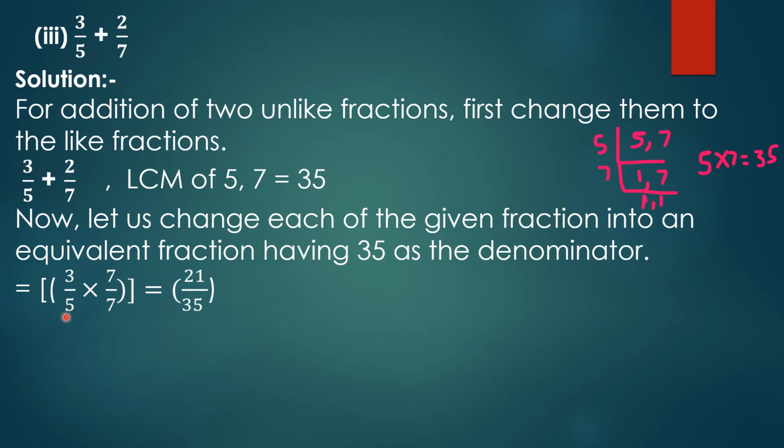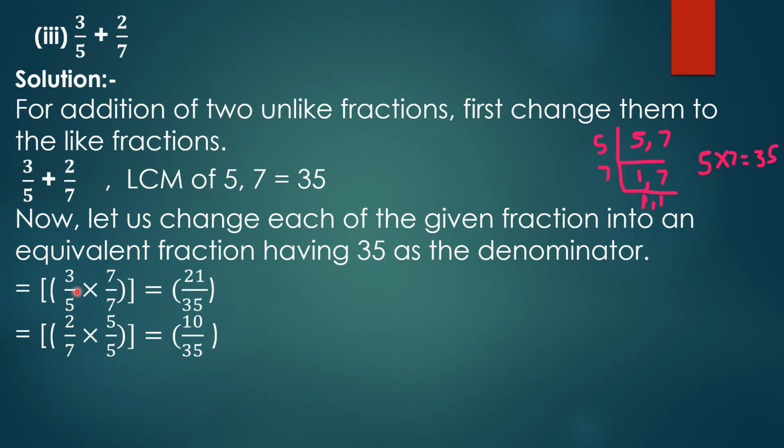Here the denominator is 5. We need 35 as the denominator, which means the denominator should be multiplied by 7. When we are multiplying the denominator, the numerator also should be multiplied by the same number. Therefore, this will become 3 by 5 into 7 by 7, which is equal to, what are 3 sevens? It is 21, and 5 sevens are? It is 35. So 21 by 35 is the equivalent fraction for 3 by 5, and this is